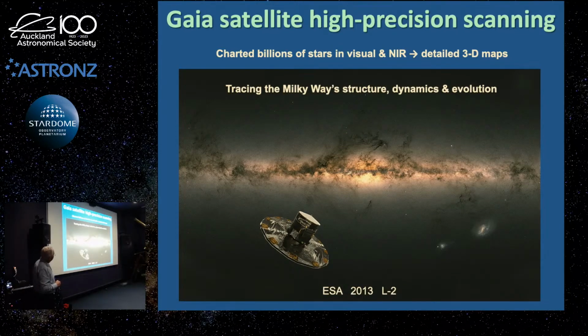And it's able to trace the Milky Way's structure and dynamics. It's able to measure the movements of stars, because every time we rotate around throughout the year, it'll look at the same stars again, recalculate their positions and work out where each star has moved. But I've also put here the evolution, because it can also have a close look with spectroscopy at the